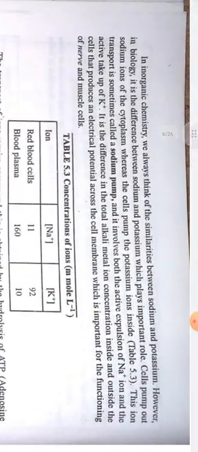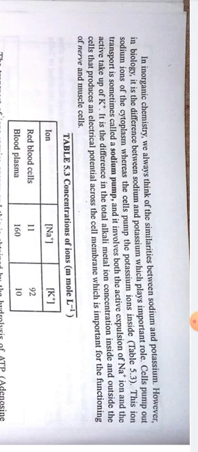In inorganic chemistry, we always think of similarities between sodium and potassium. However, in biology, it is the difference between sodium and potassium which plays a very important role. Cells pump out sodium ions from the cytoplasm, whereas cells pump potassium inside. Table 5.3. This ion transport is called the sodium pump, and it involves